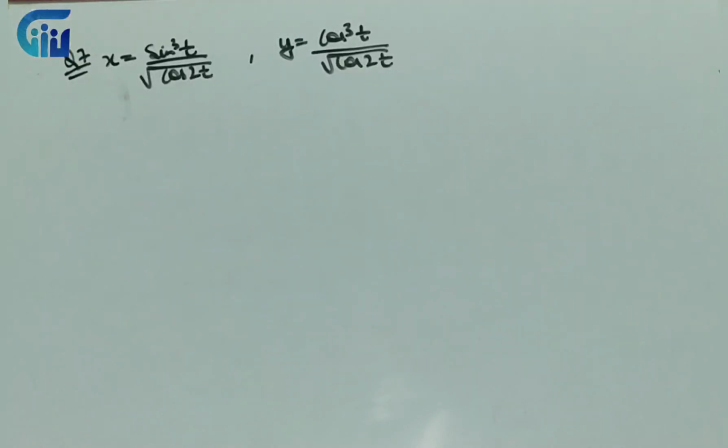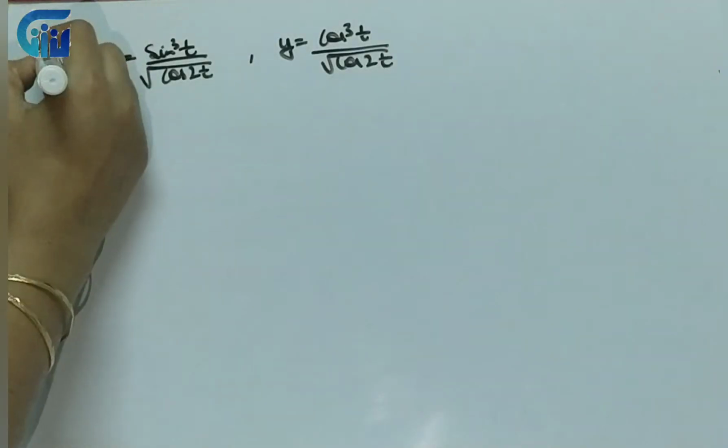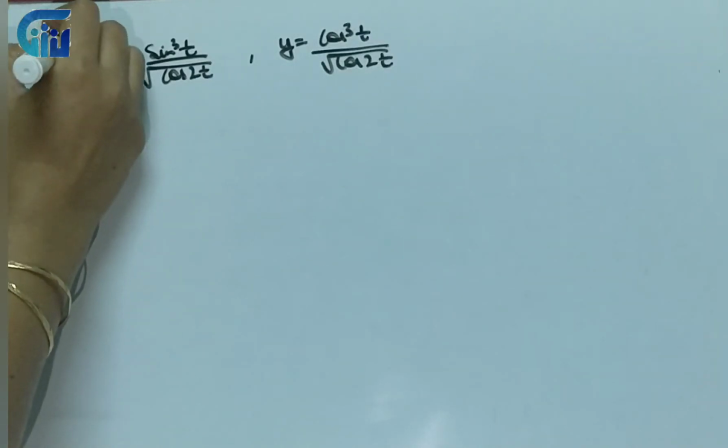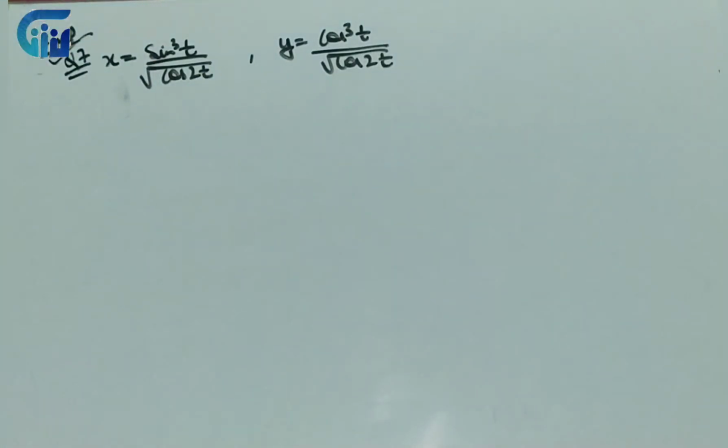Next, question number 7. This is a very important question. It has been asked in board exams a couple of times, so mark it as very important. Students, when you are revising a particular exercise, there are sometimes 10 or 15 questions. Whatever questions you feel are important, or where you had the slightest problem in solving, mark them or write certain points there. It's not possible to revise all 10 questions, so you can just focus on the keywords or key steps. This is one of those particular questions.